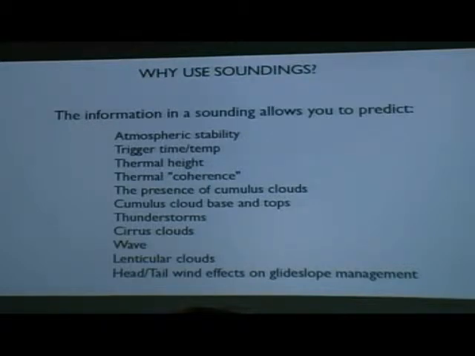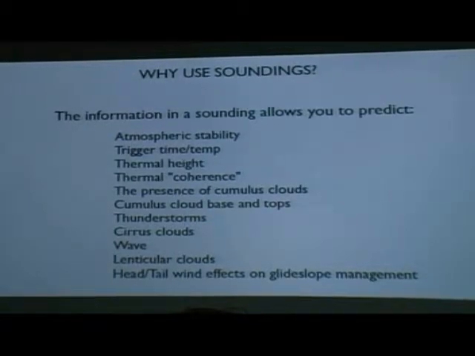So, why use soundings? Because they're really useful for understanding atmospheric stability, understanding when the trigger temperature is going to be for thermals, knowing how high the thermals are going to go, understanding if the thermals are going to stick together or get blown apart by the wind, and whether we're going to have clouds or not. If we do have clouds,